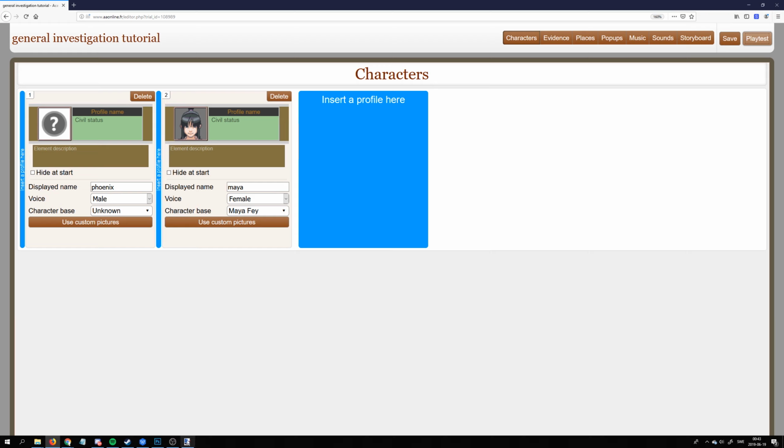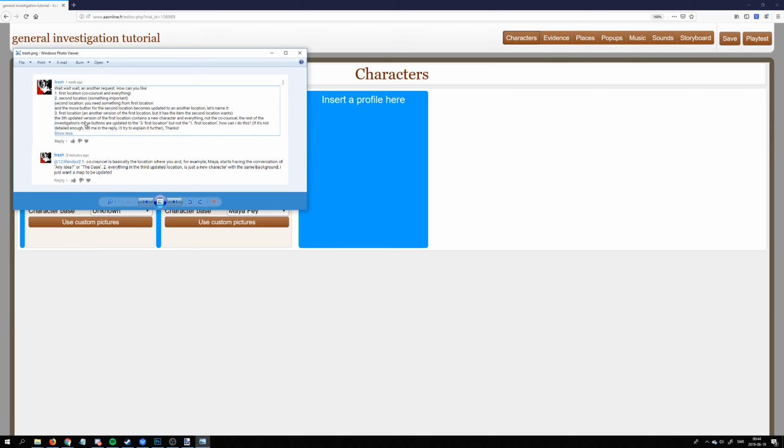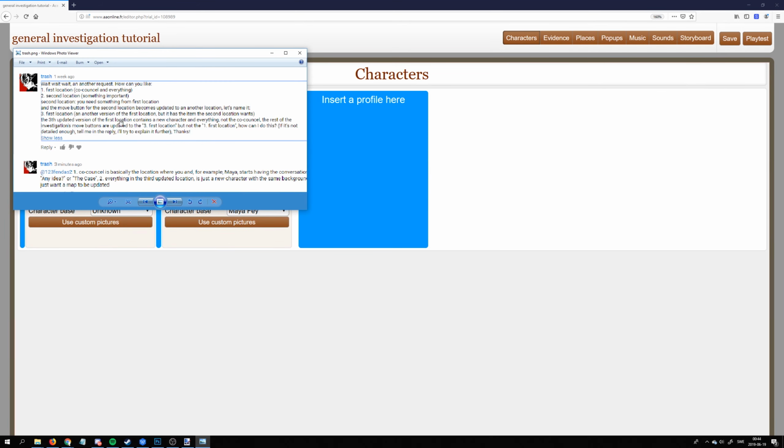So then, what it seemed like you were saying here was that... Wait, did I close the picture? Oh no. Oh no. So... Yep. Well, that is what you wanted. The third updated version of the first location contains a new character, not the Code Council. Updated to